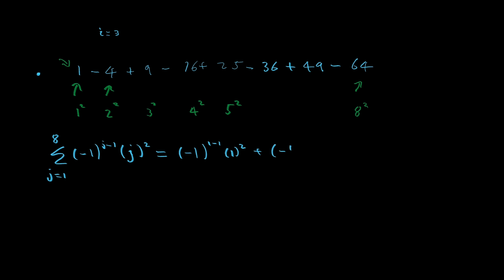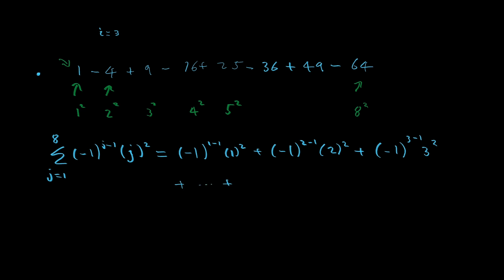Plus -1 to the 2 minus 1, times j squared, but j equals 2, so 2 squared. Plus one more term before I throw in the ellipsis: -1 raised to the j minus 1, but j is 3 now, times j squared, which would be 3 squared,